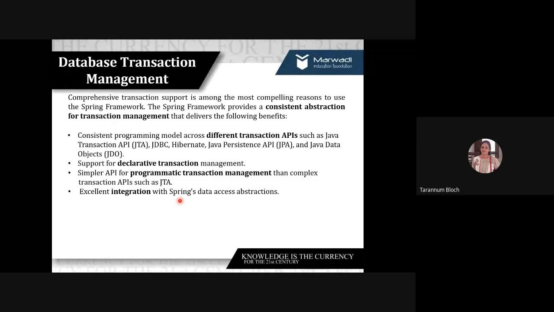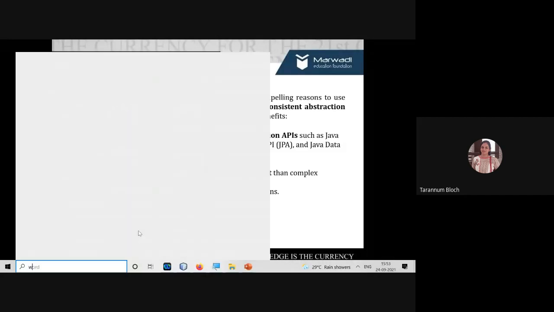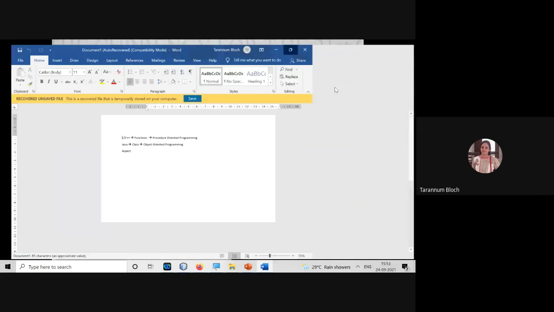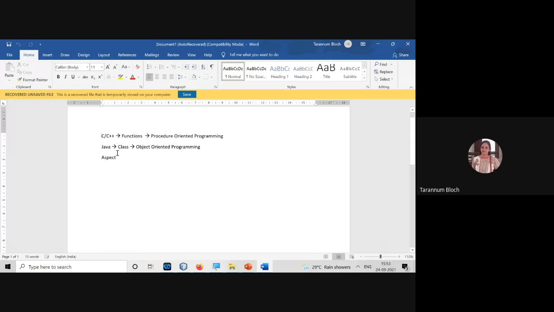Though this is just theory about the benefits of transaction management in Spring, I have chosen an example which I hope you can understand, because I have made it look like a transaction.